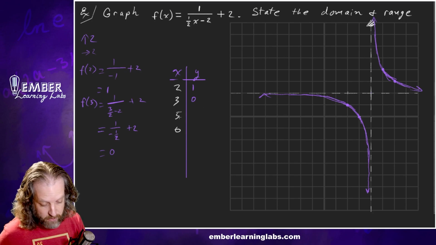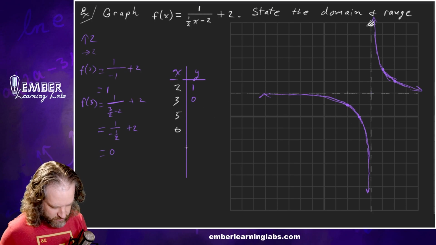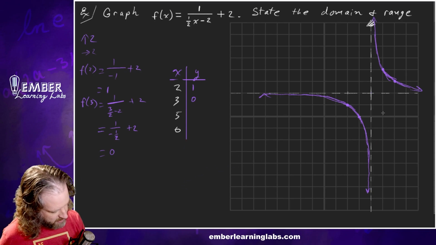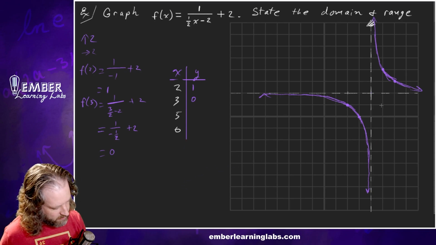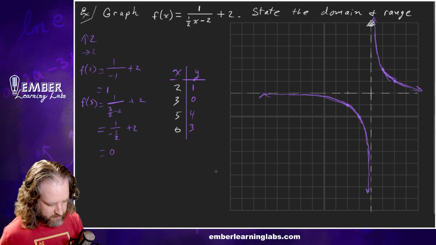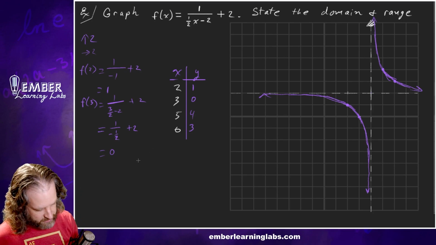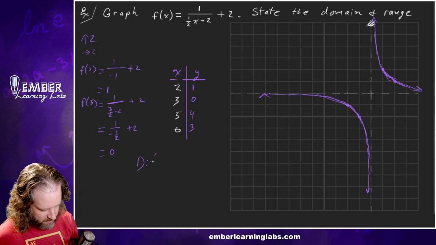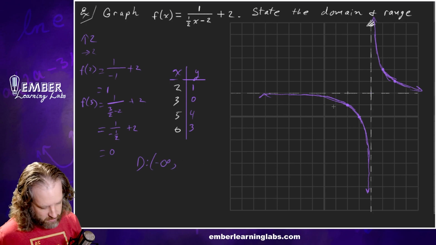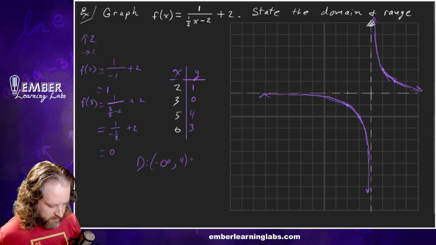This would be, if we want to finish filling out the table, we weren't asked to do so, but if we want to finish filling out the table, this would be 5, 1, 2, 3, 4, 5, 4, and this would be 6, 3. Great. So the domain is from negative infinity to 4, not including 4,